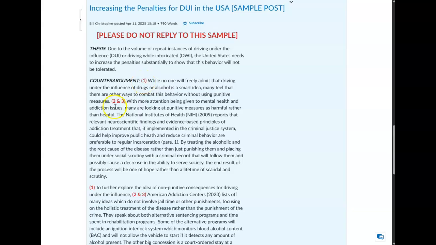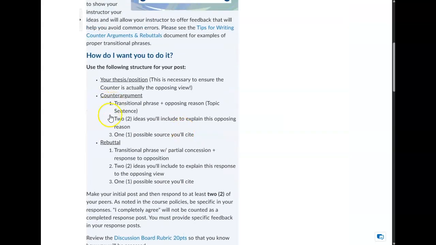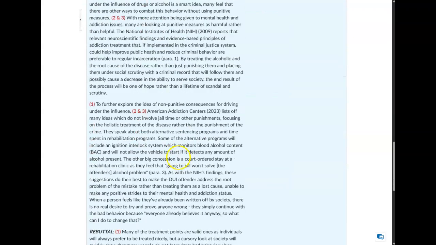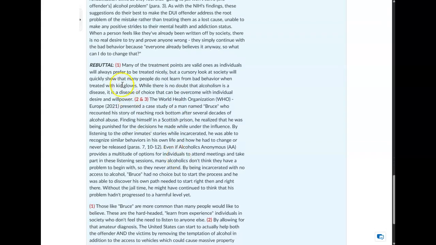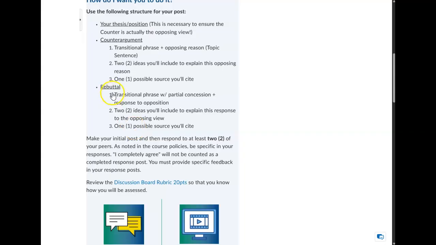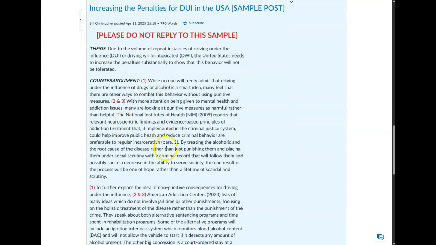I have labeled them 1, 2, and 3 to show you that I'm using 1, 2, and 3. This shows you exactly what I would expect to see in your counter-argument. Rebuttal, same thing. 1, 2, and 3. 1 and 2. I don't know why I don't have a 3 there, but here they are. So if you read through this and see how I want you to do it,